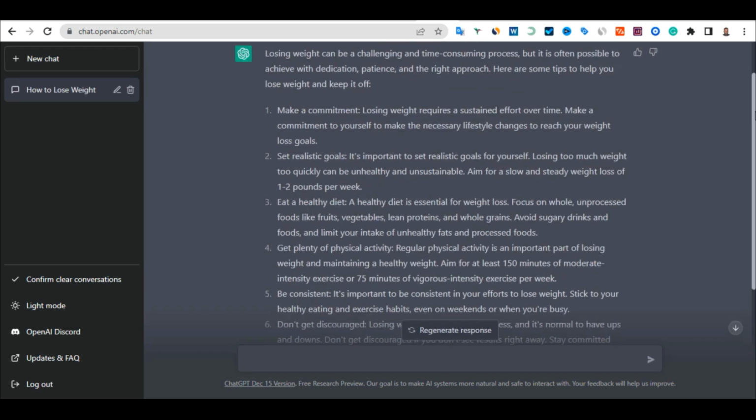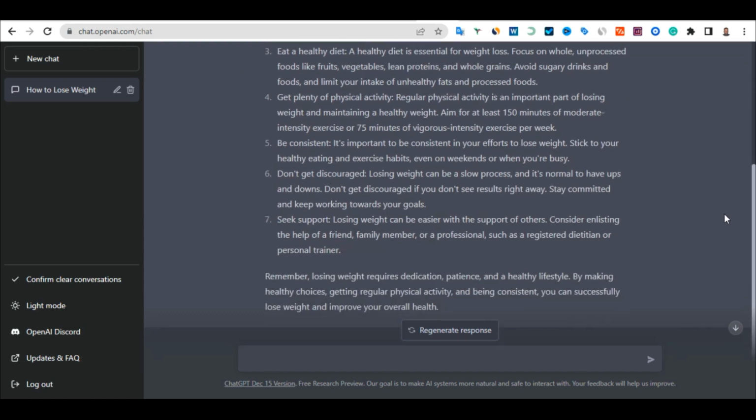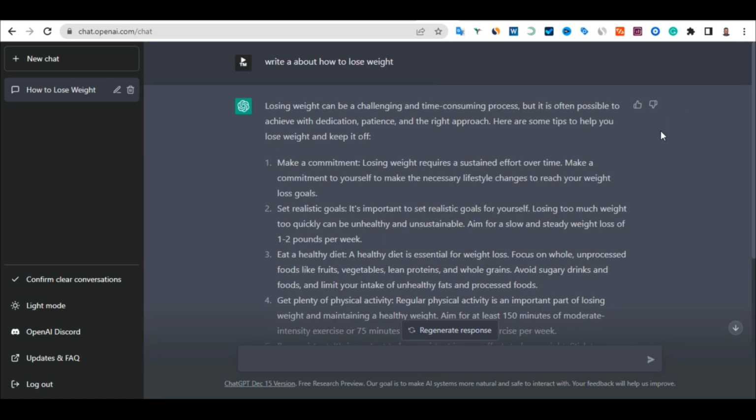So when you see ChatGPT has finished the writing, for me, it's not bad, but it's not organized. And if you copy this and paste it anywhere, you will not get exactly the content you are looking for. You will not get a good result on Google. People will not even read the article because it's not structured. So what we have to do is structure our content to make it look professional, because people are doing this but they don't know how to write. That is why you are watching this video, and I'm going to show you what you have to do.